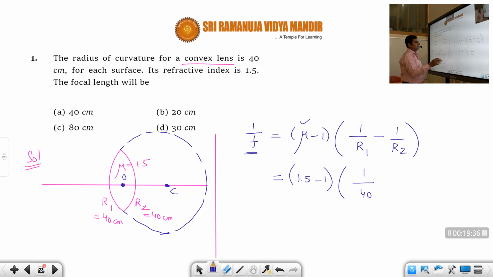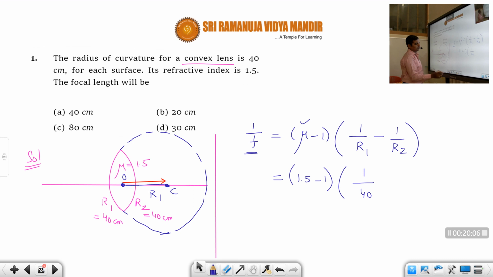Whose part is this one, the first surface, whose radius is r1. So now this distance is called r1. Correct or not, students? This distance is called r1. Now to measure this distance, according to the sign convention, what is the first rule? Any distance is always measured from the optic center. So we have to start measuring from the optic center, go like this and then go towards the center of curvature. Correct or not, students? So this is the direction of the arrow.